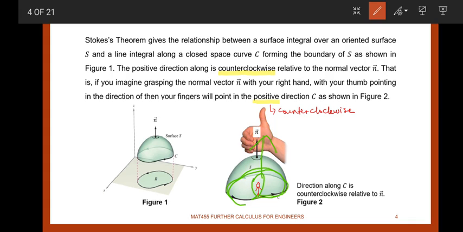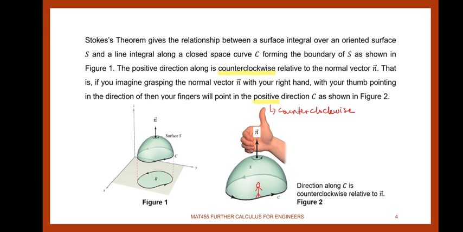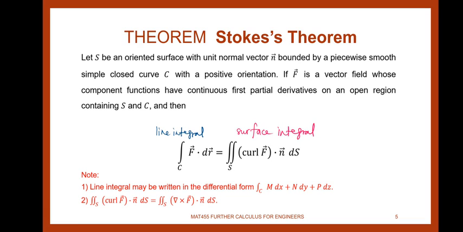It is pointing upward, outward, so that it is related to the curve C, whose direction must be counterclockwise, the positive direction. That is the relationship between curve C and surface S. You must know where the curve C and the surface S are, because you want to apply Stokes theorem. Okay, let's look at the theorem. According to Stokes theorem,